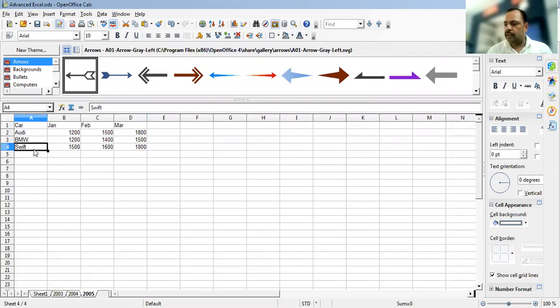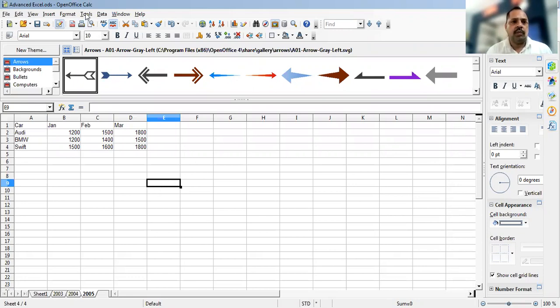So I want to add this data here. You have to put the cursor at the place where you want to consolidate the data. So I want to consolidate the data here. Or if you want to consolidate the data into a new sheet, for your reference, I am just going to take it at the place here.